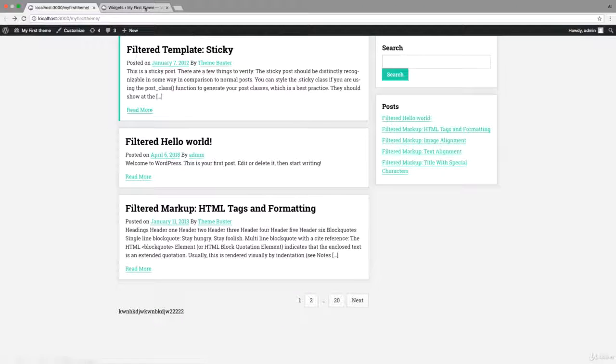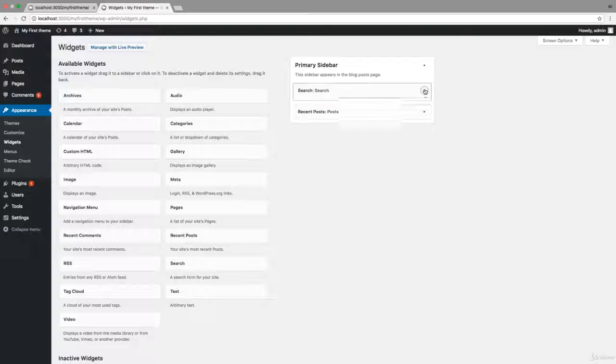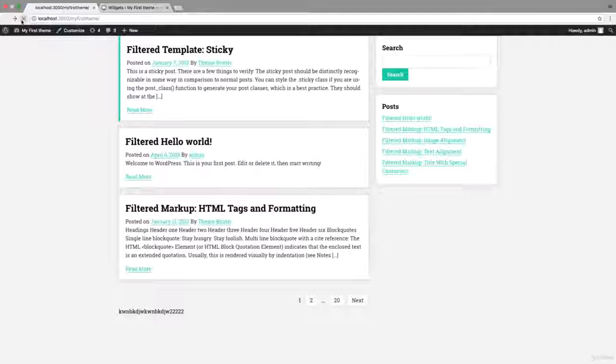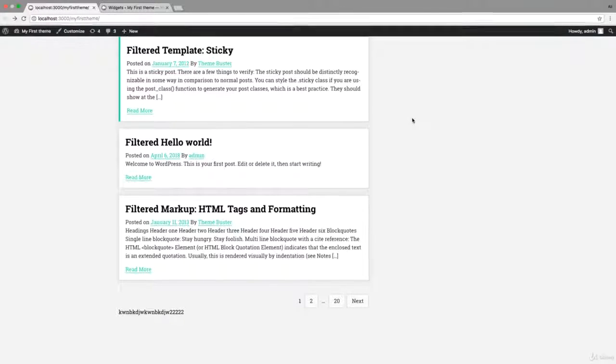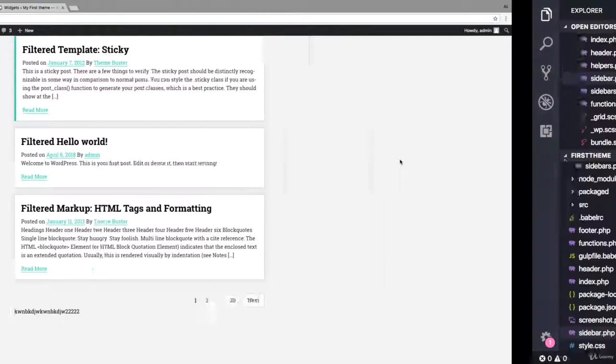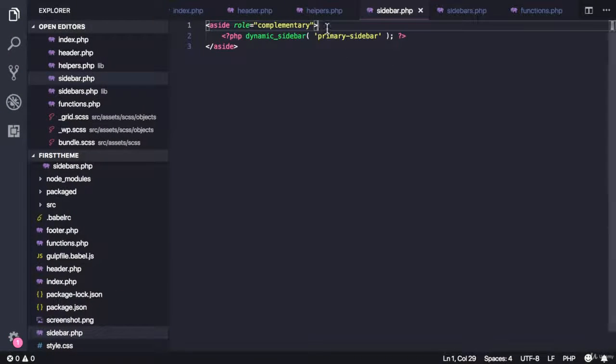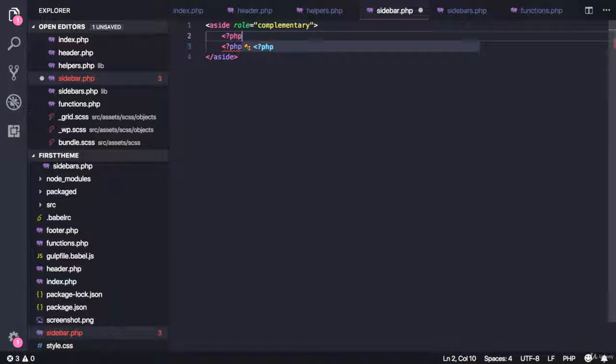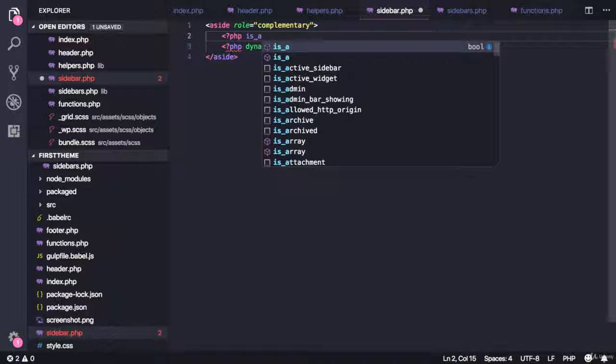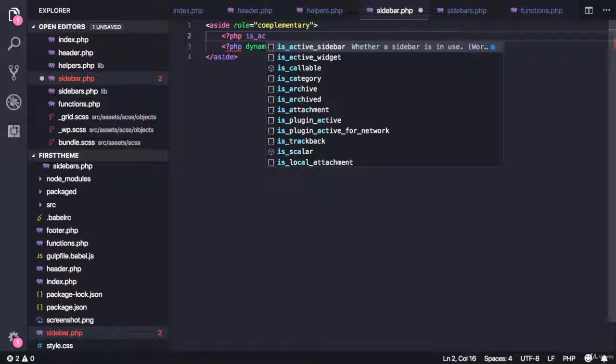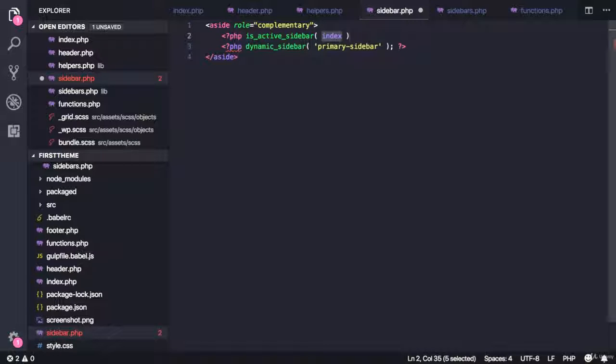Just have a problem now. Imagine we have a sidebar but we don't have any widgets in it. So let's remove these and then refresh. So we'll have an empty space here. So one solution to this is you can call a function called is_active_sidebar, and this will check if a sidebar has any widgets or not. So it takes also the ID of the sidebar to check,